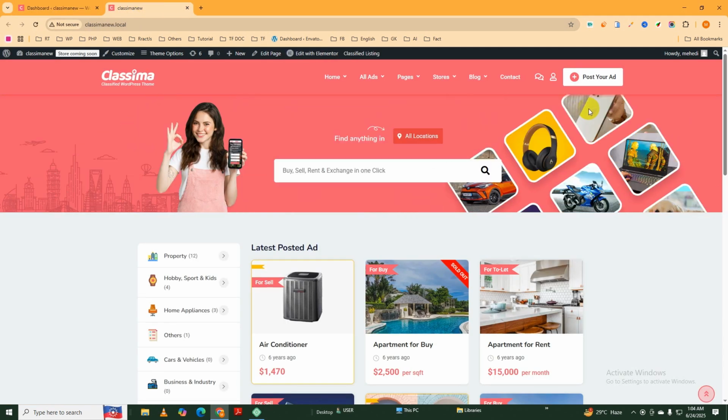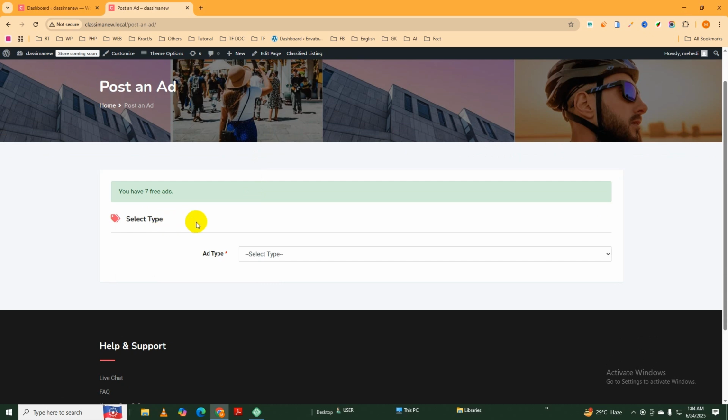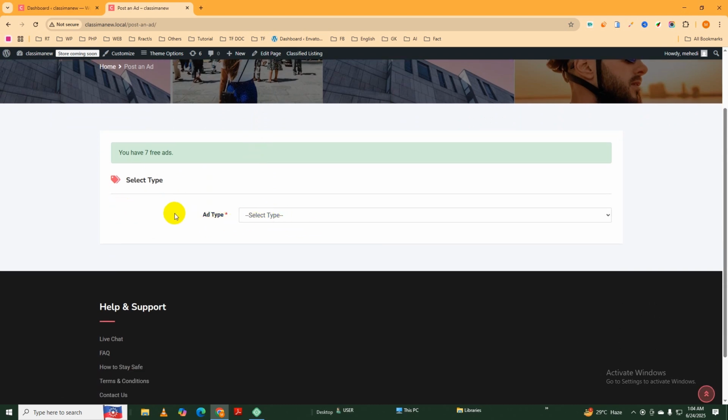and from the right side click on this Post Your Ad, because I want to add a listing. Currently it shows the old or classic form builder, and if you want to add a listing, just try it. Select a type,